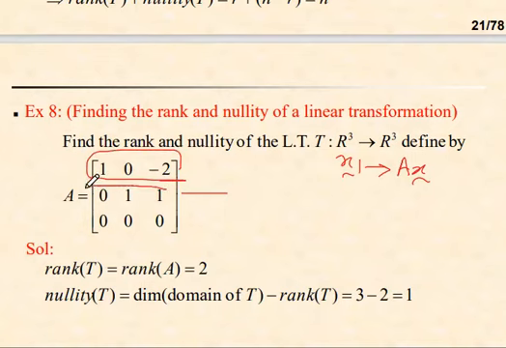There are two non-zero rows, so the rank of T is equal to 2. When you represent this transformation in matrices, nullity means the dimension of the solution space